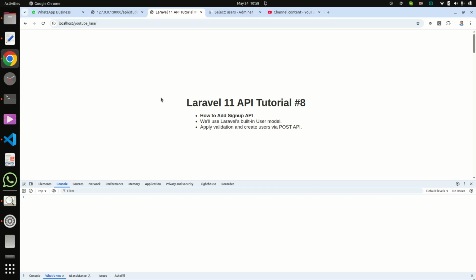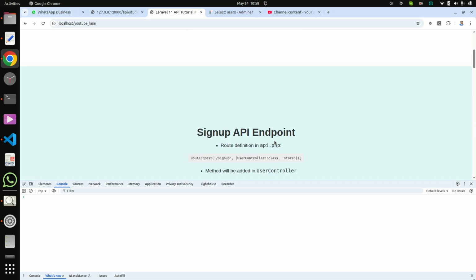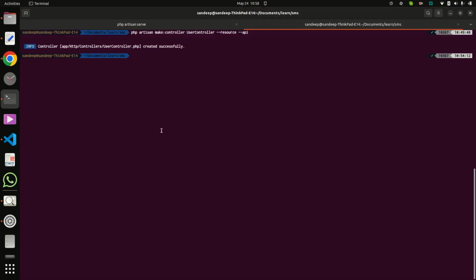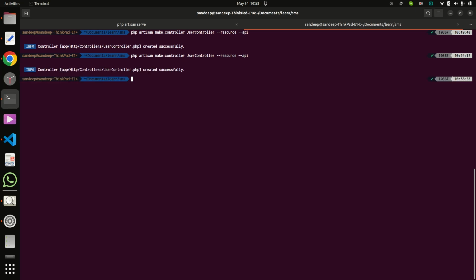So for that we use an existing model, the user model. So we want a controller for it. So just run php artisan make:controller UserController --resource, and if you want it for API then --api. So it is created,